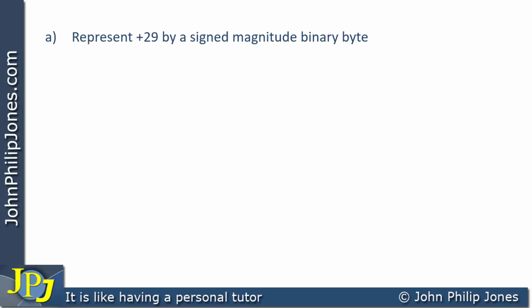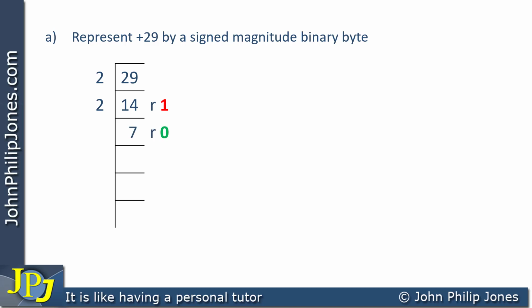Let's consider A, where it says represent plus 29 by a signed magnitude binary byte. Well, we start off with 29 and we ask how many times does 2 go into 29, and the answer is 14 with a remainder of 1. We then ask how many times 2 goes into 14, and the answer is 7 times, and on this occasion there is no remainder because 2 goes into 14 exactly. Then we ask how many times does 2 go into 7, and the answer is 3 times with a remainder